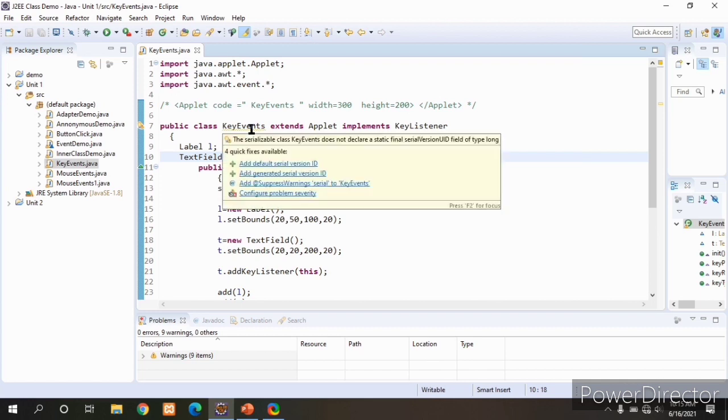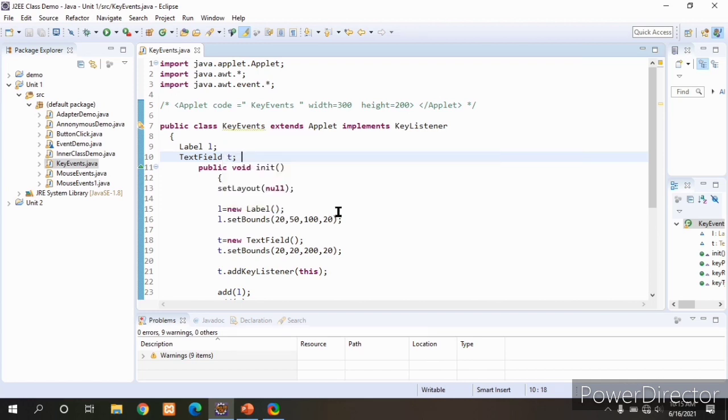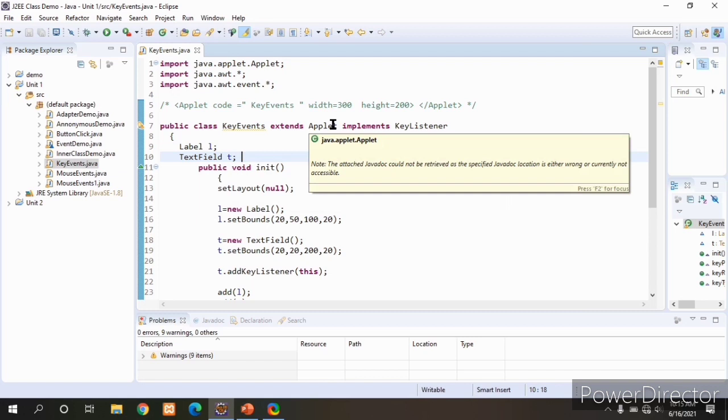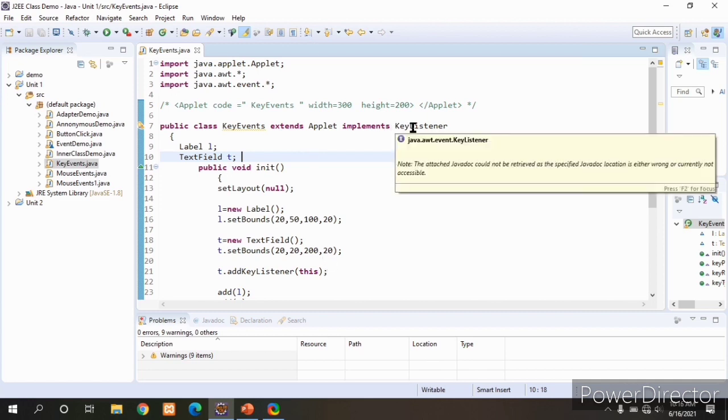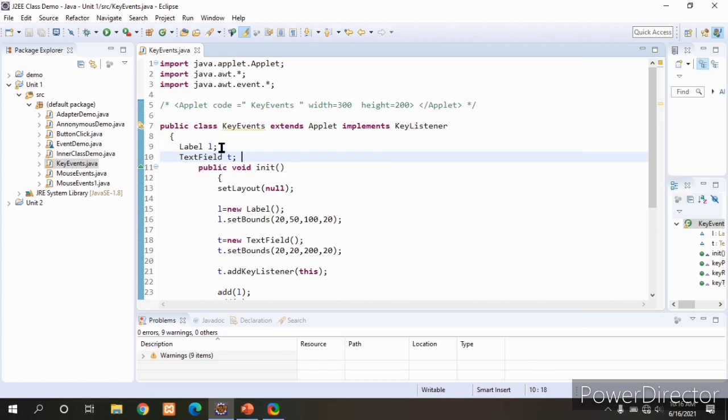Next we are writing a KeyEvents class, and we are extending the Applet class. Applet is a class, so we are using the extends keyword. As we are handling the key events, we need to implement the KeyListener interface. Next we are taking one label to display a message.